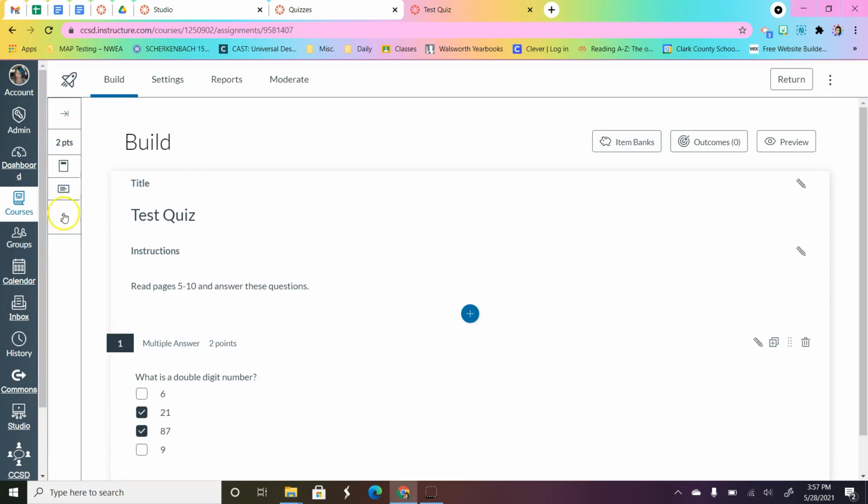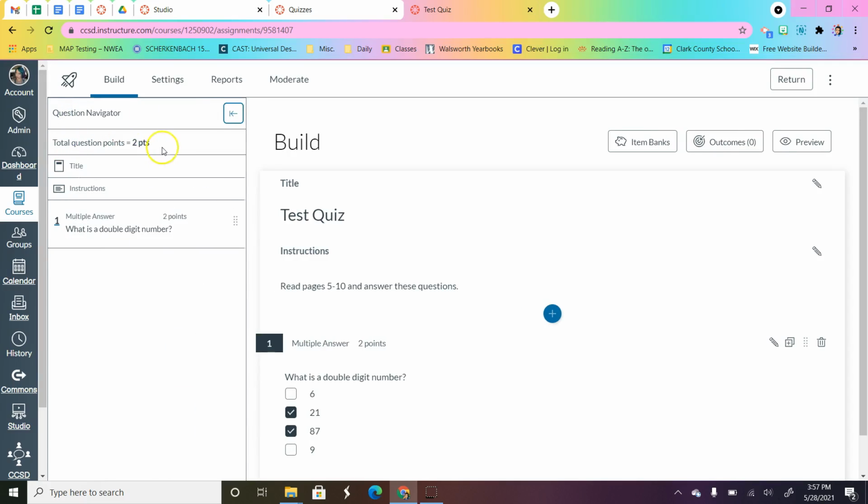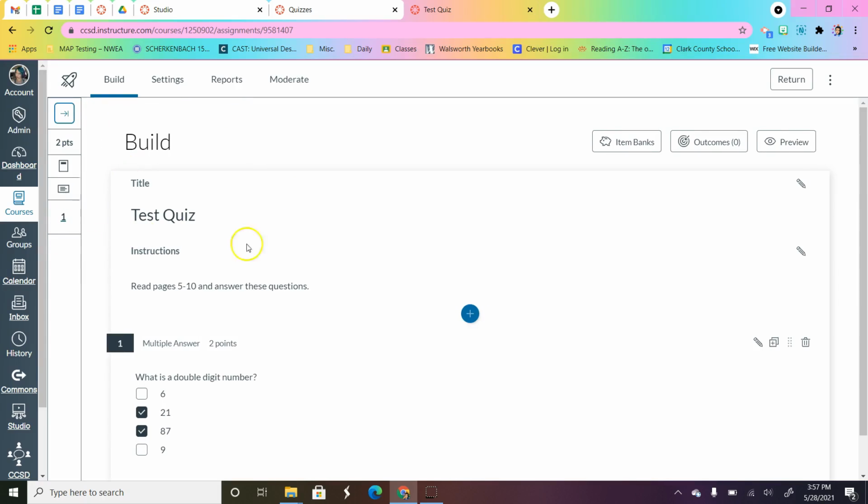So on the left side here, you do see that there's 2 points already. I can expand this. There's 2 points. That one question is worth 2 points. You have title, instructions, and then how many questions there are. So far I only have the one question, but I can go through and add more if I want to. Now in our settings,